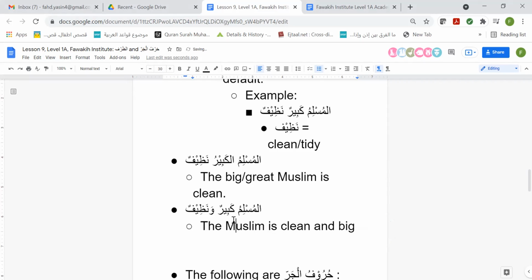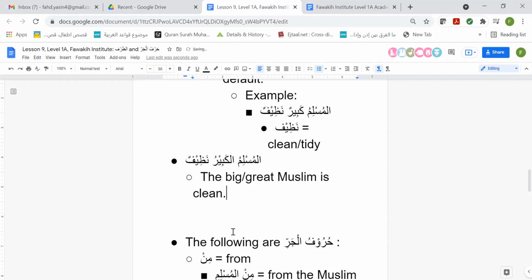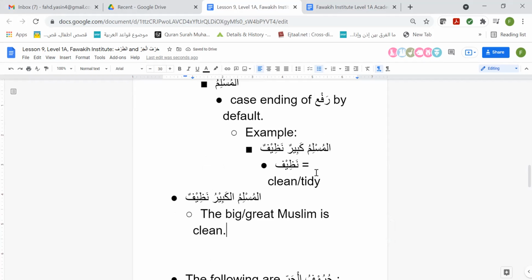I would like to do the following. The reason why this is different is because this uses something called wow. It's a separate grammar rule. So I am actually going to delete this because this will only confuse you guys more. The wow that you see in the middle there translates to and, but it's something called atf. It's a separate grammar rule that I don't think you've learned yet, and that's just going to confuse you more. So therefore, I'm going to go ahead and not include this example.